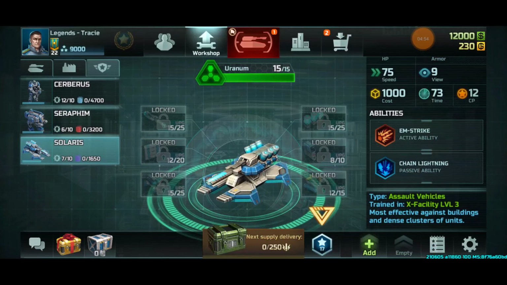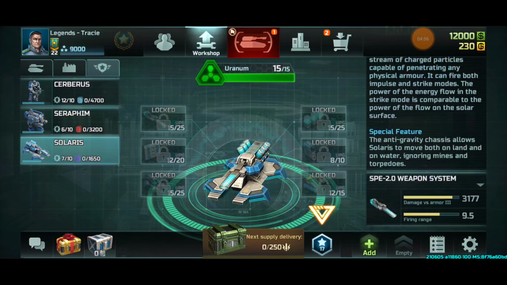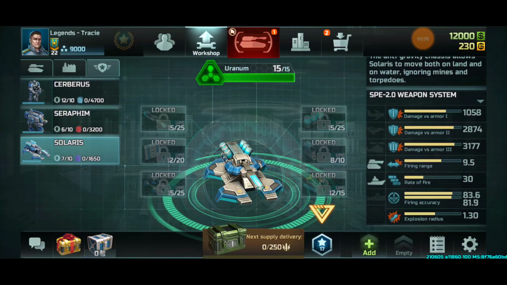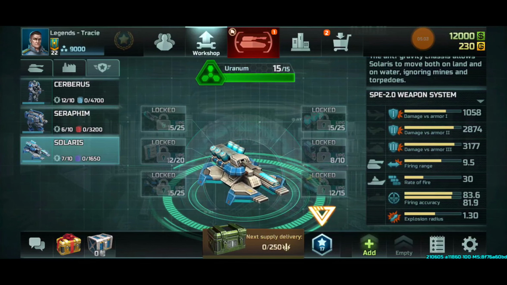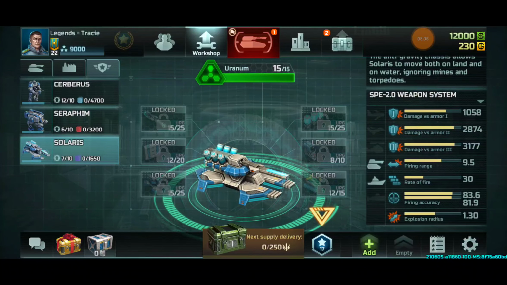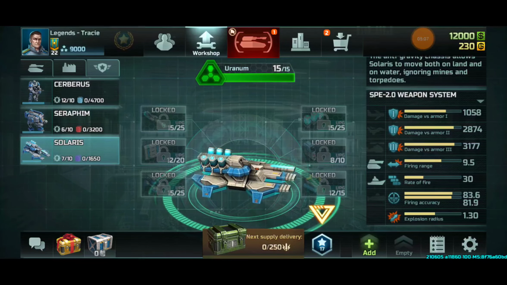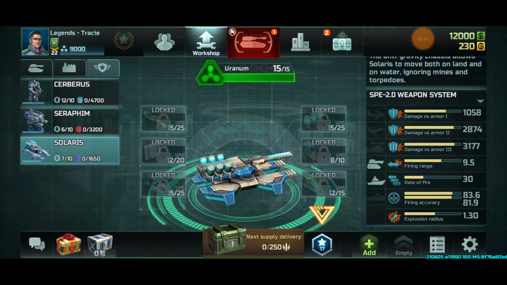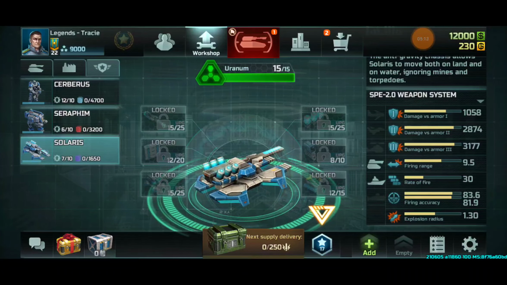Okay, now we jump straight next to the weapon. We got the special 2.0 weapon system. Wow, that's actually a good thing. Now the damage to armor 1 is 1058. Damage to armor 2 is 2874. And damage to armor 3 is